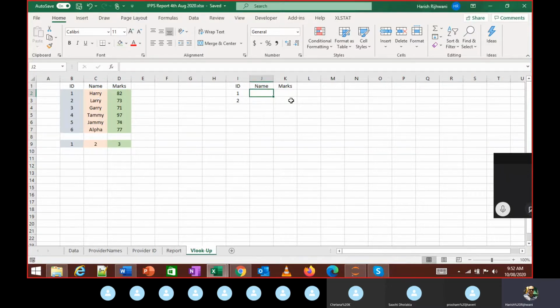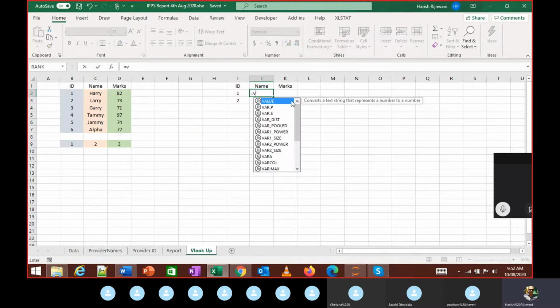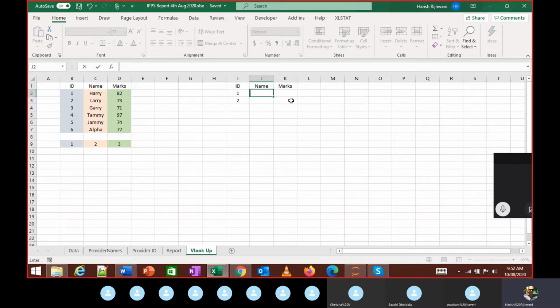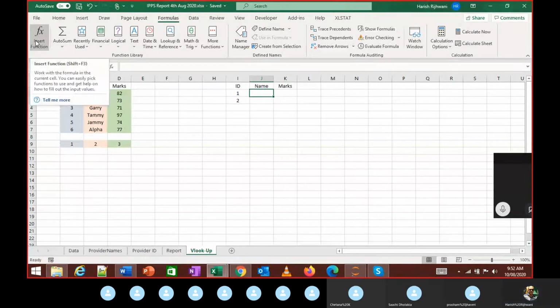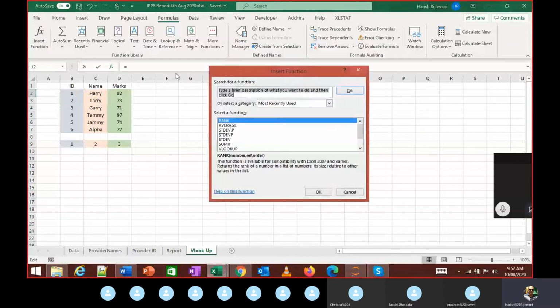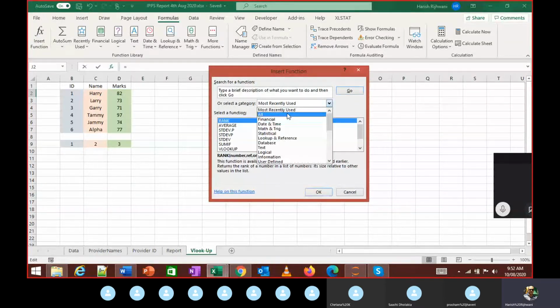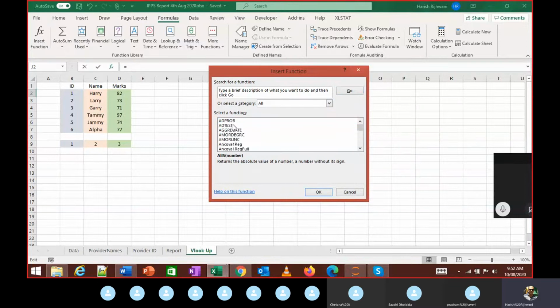So there is a structure to this function, and I'm not going to type it like this. I can type it like that, but you will not understand it easily. So first I'm going to explain this, then I would ask you to try it once. On the Formulas tab, you go to Insert Function. Here you will see a lot of functions. If I click All, I will see all the functions which are there. There are quite a lot of functions in Excel.